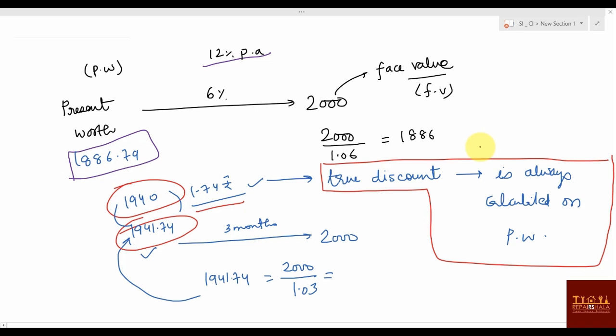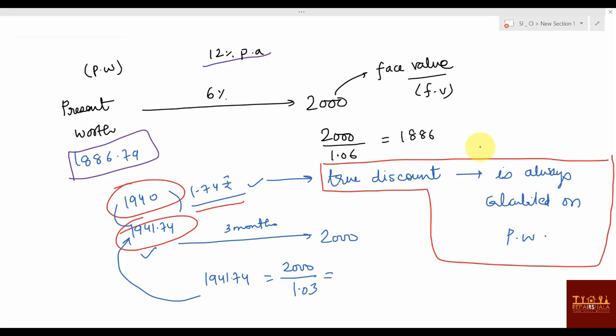Why will you have 60 rupees? Okay. You have given 1940 rupees, but the worth of that is not 1940 rupees. That is 1941. So where will you be getting the interest? You'll be getting the interest on this one. So how much interest will you be getting? It is 3% of that, and you will be getting more than 2000. You will be earning more than the 2000. That's why you have invested here.